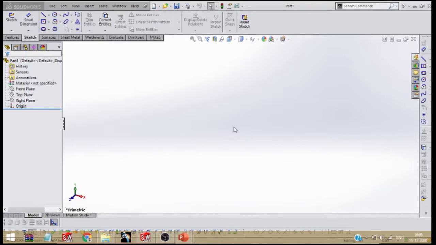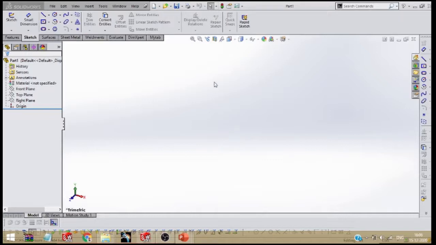Like if you see, there are many options in this user interface. Many times I saw the students starting directly from the sketch and learning. But first of all, you should be aware of the user interface so that it is convenient for you.